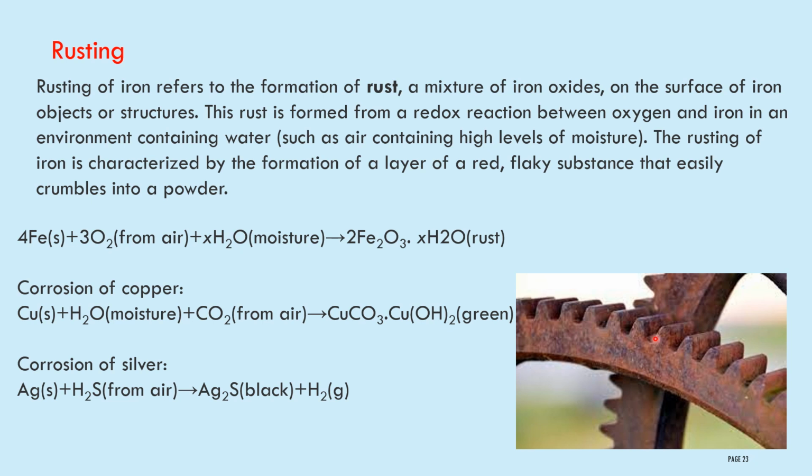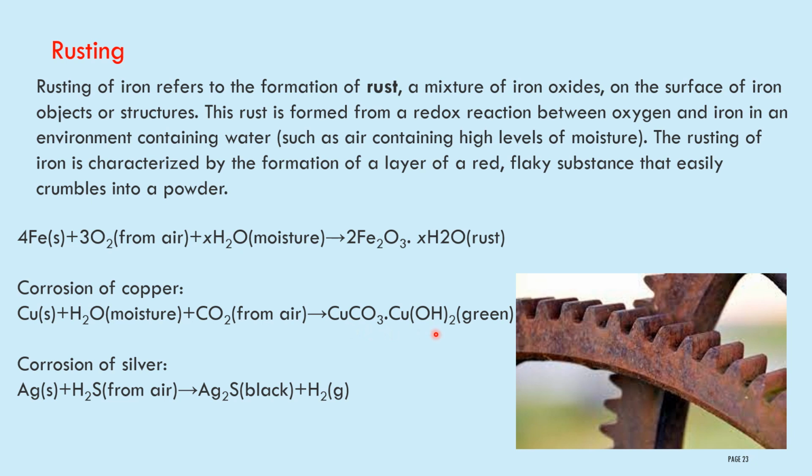Rusting forms a red flaky substance that easily crumbles into a powder. Because of the rusting, that metal loses its strength, and you can easily break it or crumble it into a powder. Iron reacts with oxygen and water, and you will get iron oxide. Corrosion of copper: copper reacts with water and carbon dioxide,